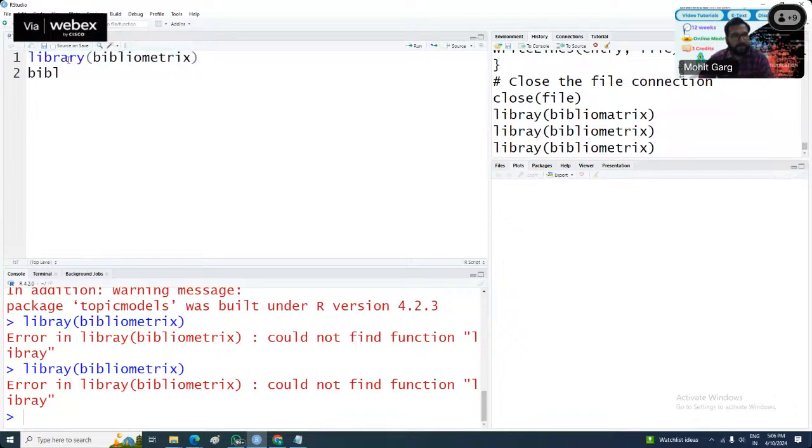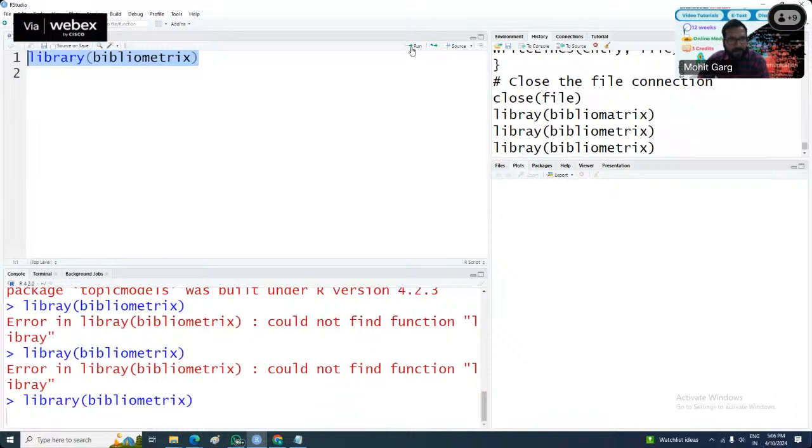Oh, a spelling mistake. Okay. As soon as you see that many errors are coming, the possible error was not the spelling of the package name, but the function name. I missed that R. We have mentioned quite multiple times that whenever you see an error in any function, those errors are straightforward. They will guide you to the particular error. So here, what was the error? The library name was not right; there was a spelling mistake in the library. Okay. So if I run it like this,